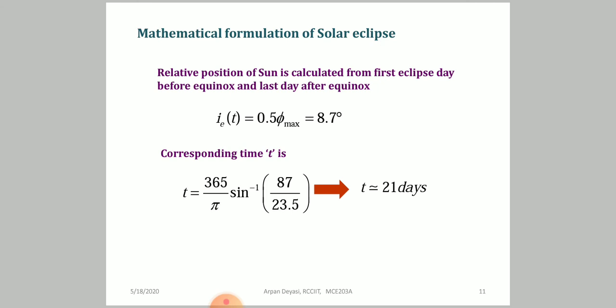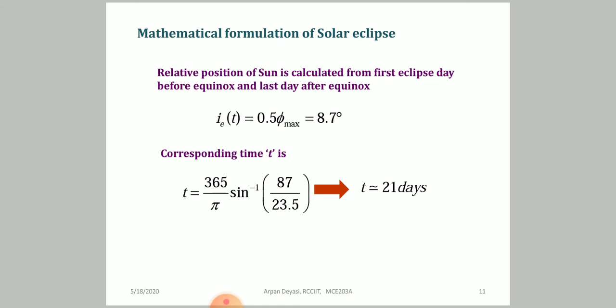Then the t will be 365 by pi. 365, we do not consider leap year for calculation, because at the end of the day you have to consider the maximum occurrence, that is 365. So if you calculate, it will be 20.9495, so 21 days approximately. So once you get 21 days, that means you have to grow the eclipse for 21 days, and